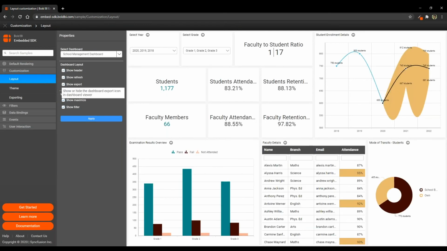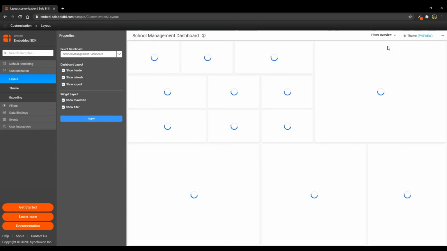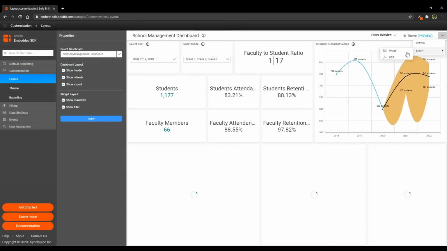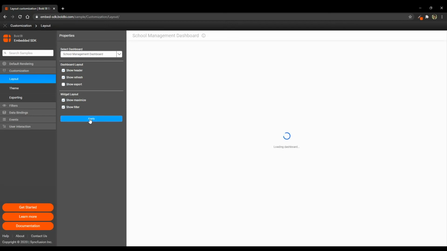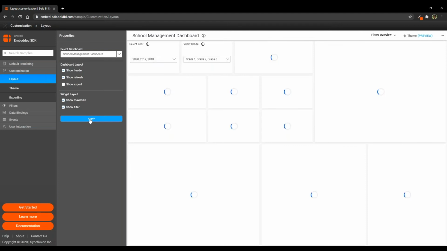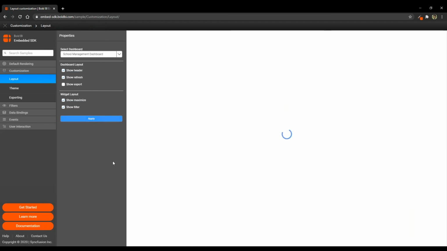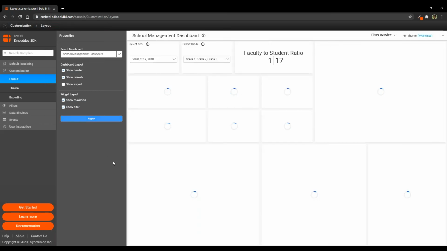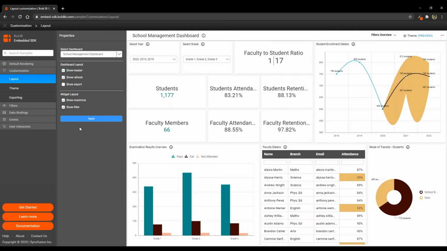And not only that, I can still have the header and control other aspects, like I need to have a title, but I need not have the exporting options. I need not allow my users to export the data to any of the formats. In that case, I can simply uncheck show export and just click apply. So in this case, the export option will not be available, and all the other options we have set will be there.